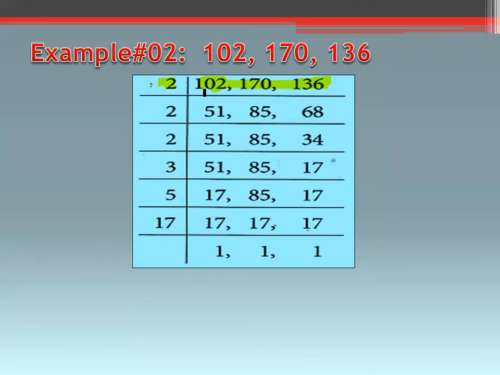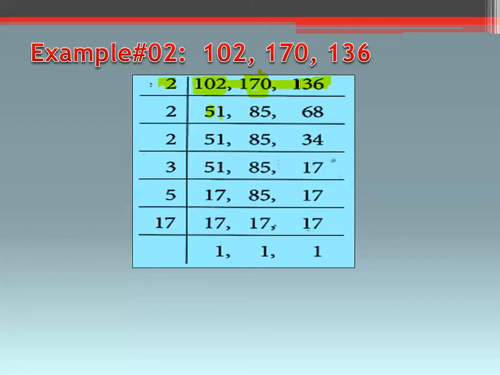Okay, so 2 into 5 will become 10, and 2 into 1 is 2, so 102 is completely divided by 2 and gives 51. Then move on to the next number. 2 into 8 will become 16. Here you have 17, but you cannot divide 17 by 2, but 170 by 2: 2 multiplied by 8 will become 16, and you will carry 1 to the next number, and it will become 10, so 2 into 5 will become 10. What you have to do, you have to divide each number completely. Okay, here it is completely divided.